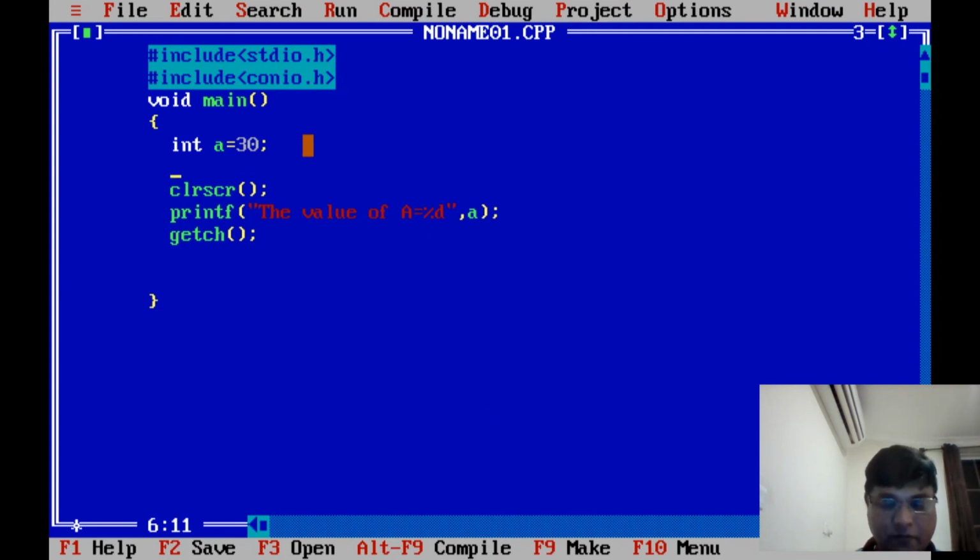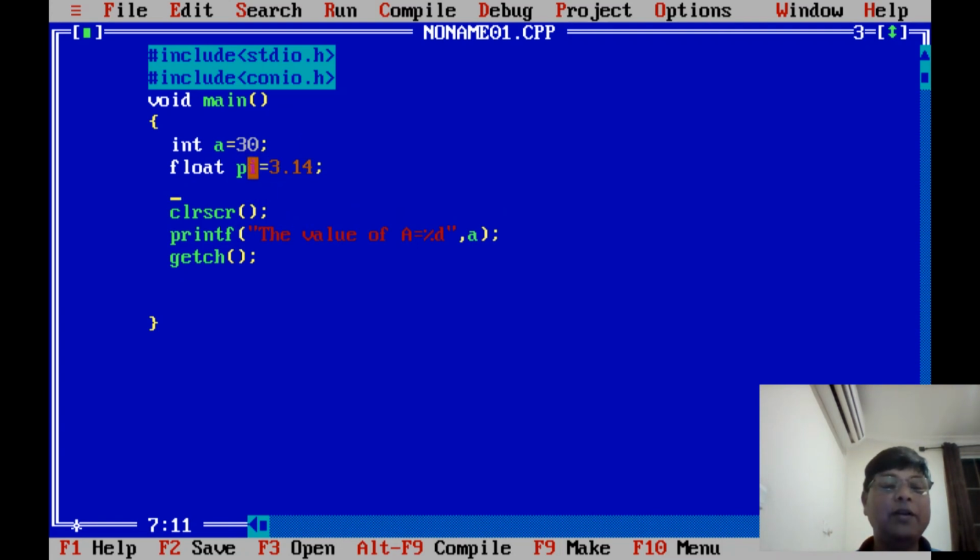Let me declare another variable, float b equal to, suppose, 30.6, or I can declare a pi value, pi equal to 3.14 and semicolon. So I initialize float pi equal to 3.14. You can see here 3.14 is a pi value. It is a constant. Pi is a constant, so 3.14 is a constant. That's why it indicates these values. You can declare any variables, like double or long or integer, but right now I'm doing two variables, an integer one and a float one. So the pi value is 3.14.